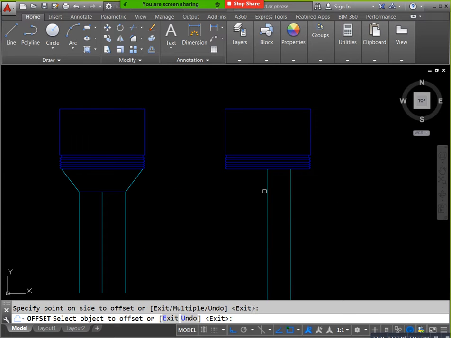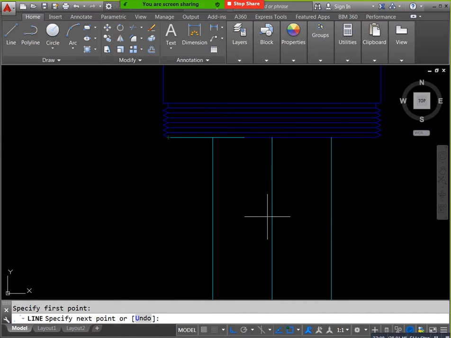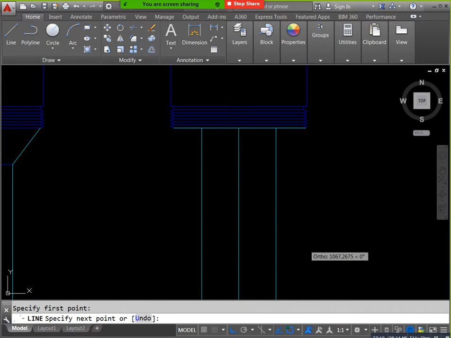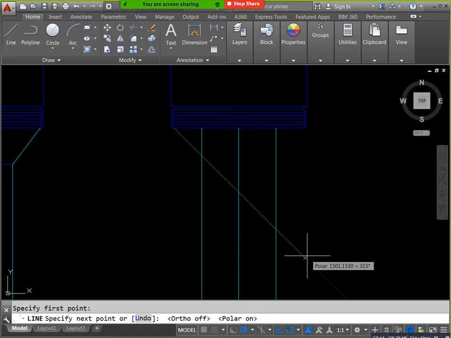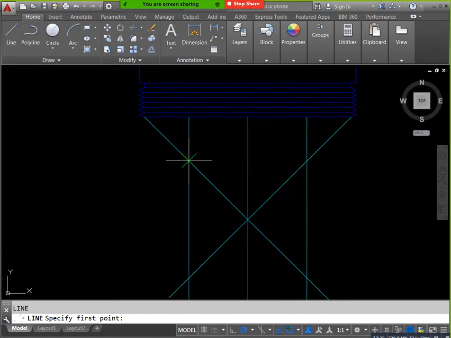Now you will draw one line here, this point to this point. Now you can remove with TR double enter. This is one procedure. Okay, whichever you need, you can use that one. By using this we can create.